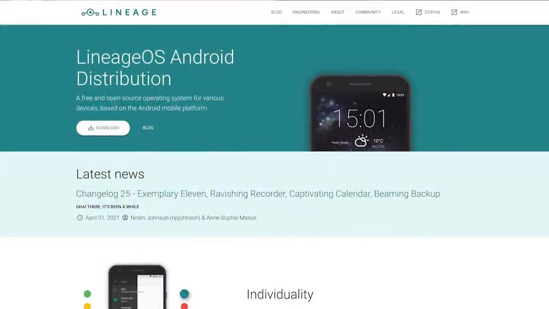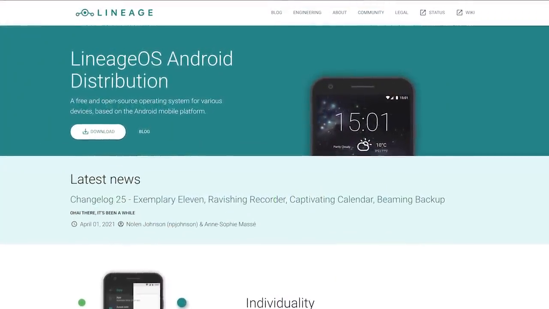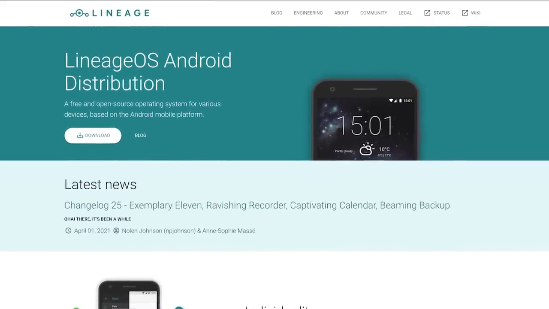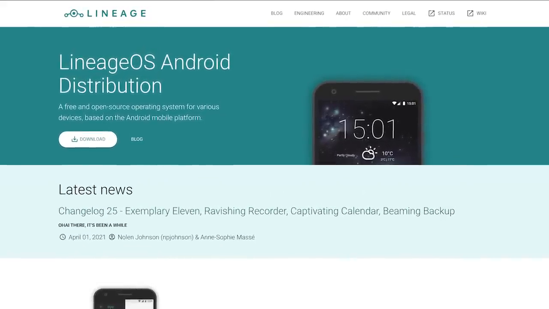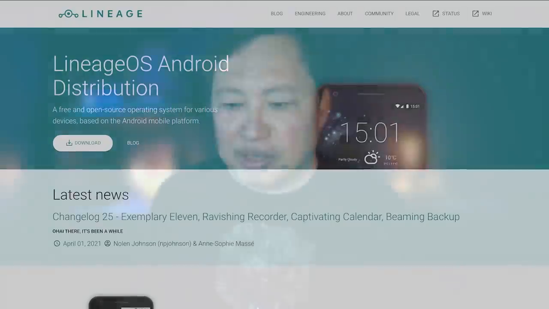Well, you can, of course, de-Google your own phone if you have technical skills. You go to lineageos.org. That's the name of the website. And you can go find a phone that they support, and you can test it and see if you can do it. The problem is it is quite difficult. With the instructions on there, the chances of you being successful are probably 10%. And it will take you many failures, and likely you will brick the phone.